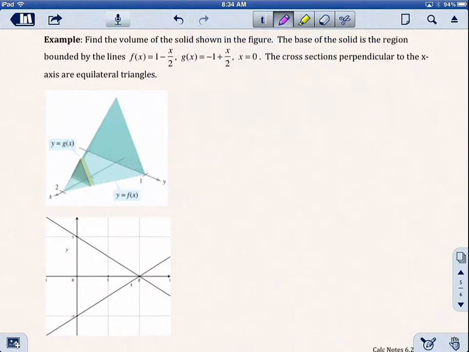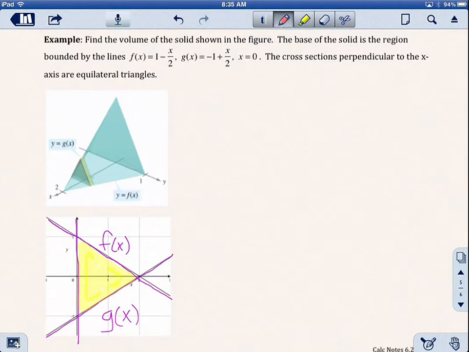Here is the function 1 minus x over 2. So this one is f of x. This function here is negative 1 plus x over 2. So here's g of x. And then here's the line x equals 0. Okay, so here is the base